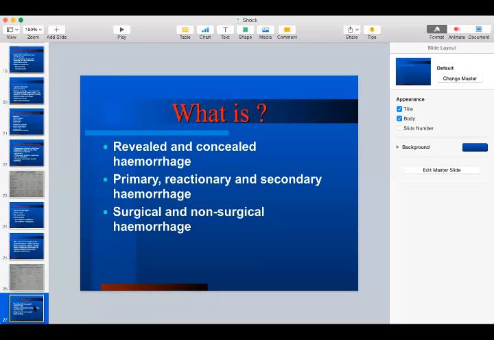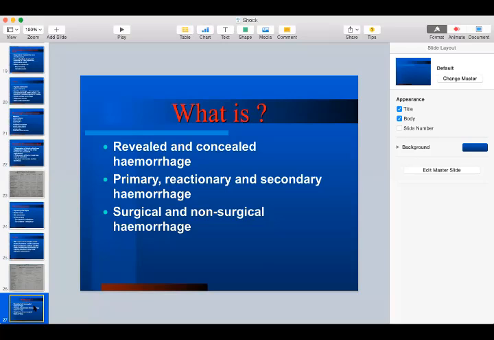So that's reactionary. It's most likely because of the increase or normalization of the blood pressure, usually after surgeries, which dislodges the clot that was formed at the primary site of bleed. So that's the cause of the reactionary hemorrhage. Such as in thyroidectomy, usually after thyroidectomies, as a result of reactionary hemorrhages, it's normal for surgeons to place a drain at the site of the thyroidectomy to deal with reactionary hemorrhages.